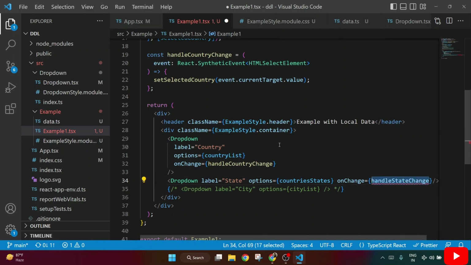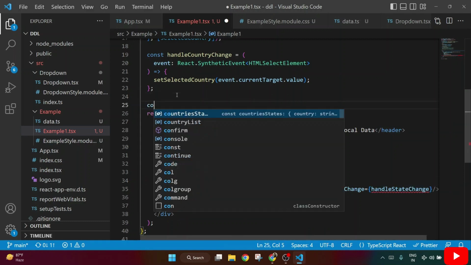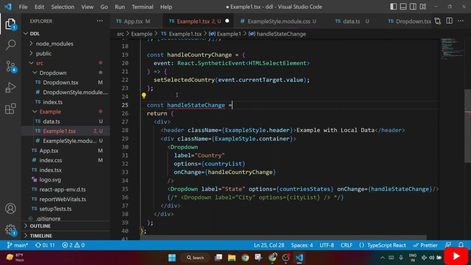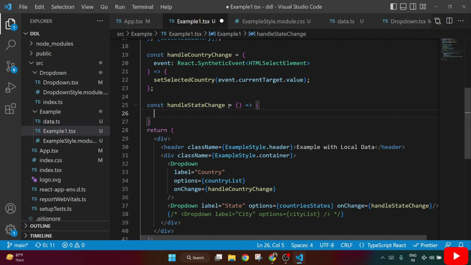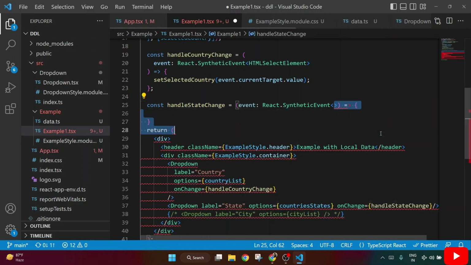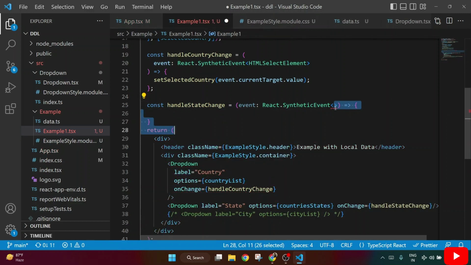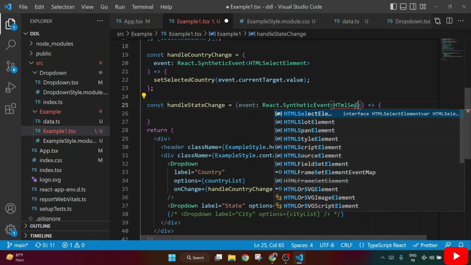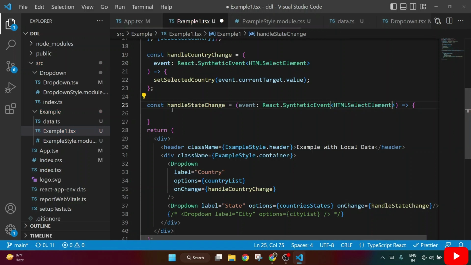Okay, let's create one function, and here also we will get event which is of type React dot SyntheticEvent, and inside that, sorry, inside that here HTMLSelectElement, and